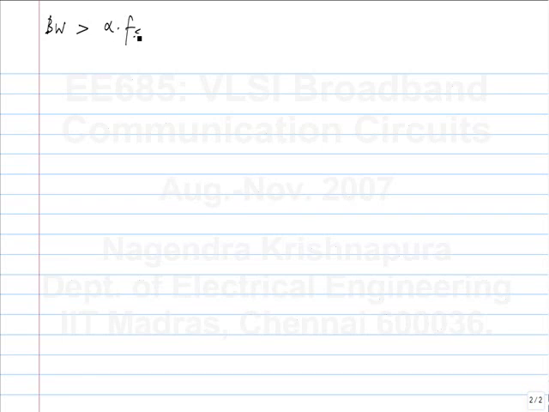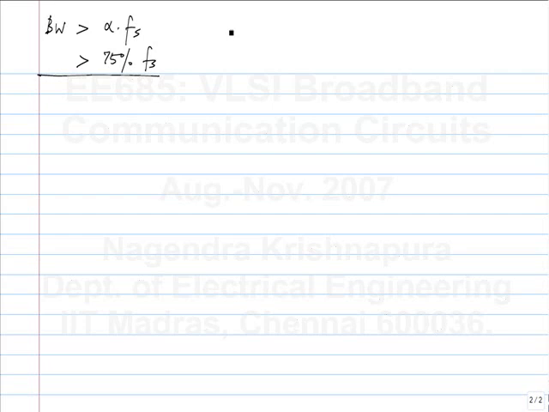Again, the same thing holds true when you make circuits for, let's say, 10 gigabits per second or something. What should be the bandwidth of your circuit? The rule of thumb that is used is if the bandwidth is greater than 75% of Fs, you don't have significant deterioration in the signal. That is, you don't have significant intersymbol interference.